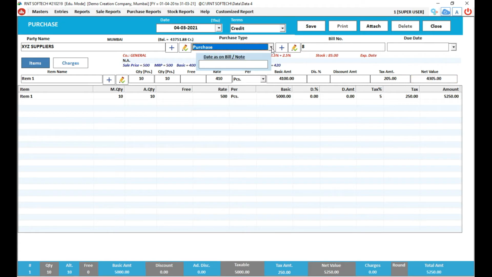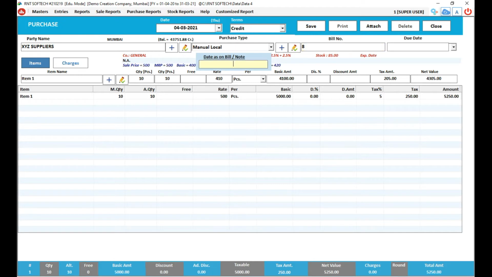Now I'll show you manual purchase. In manual purchase, the tax has to be added manually, the expenses etc. have to be added manually. Please observe it very carefully. Here I select manual.